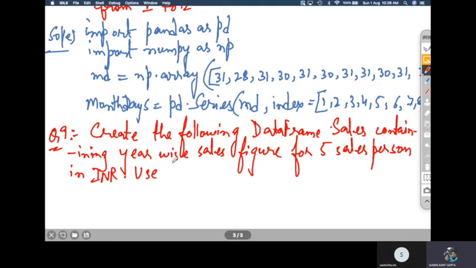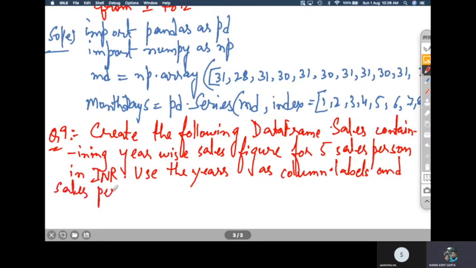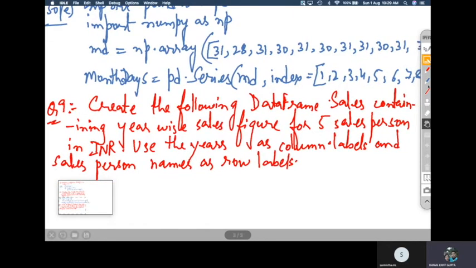Use the years as column labels, and salesperson names as row labels. The data frame should look like this.